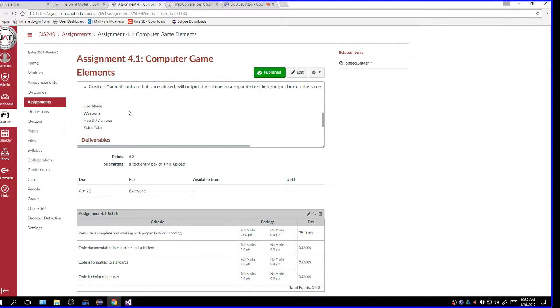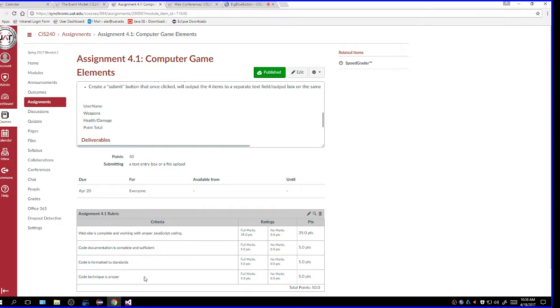Okay, so remember the movie title, that particular assignment a couple weeks ago? You basically can use the same similar thing, right? Instead of 1 text entry, you have 4, and then you display them in a separate text area, just like we did last time on the movie title. Okay,